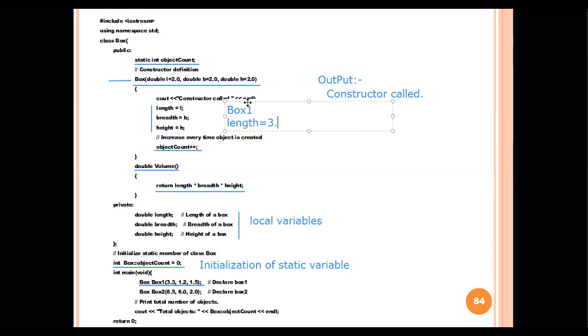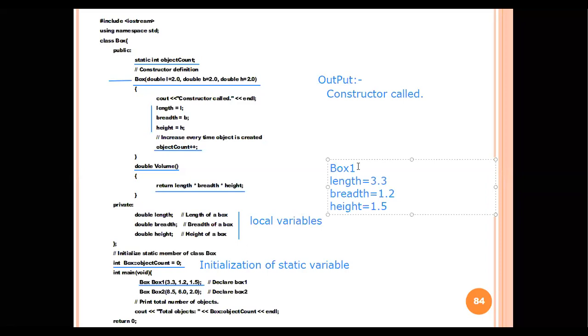Next one, breadth is 1.2. Height is 1.5, because all these values are passed directly when the object is created.